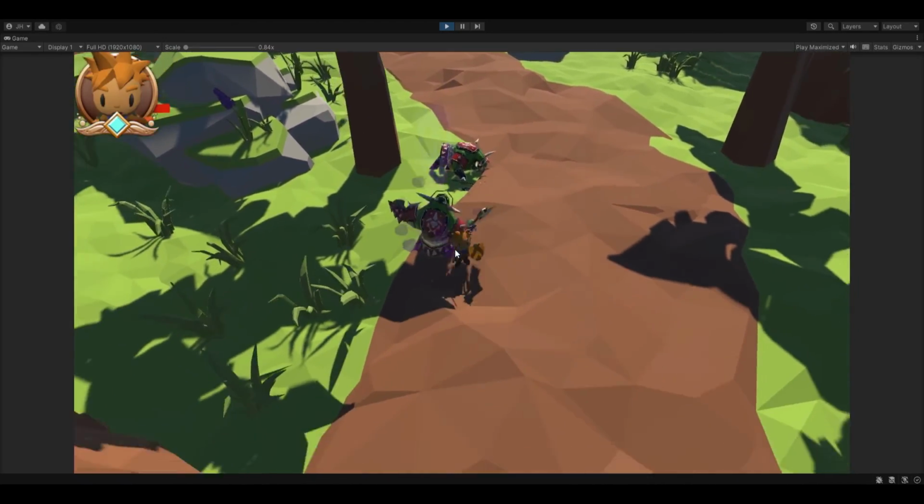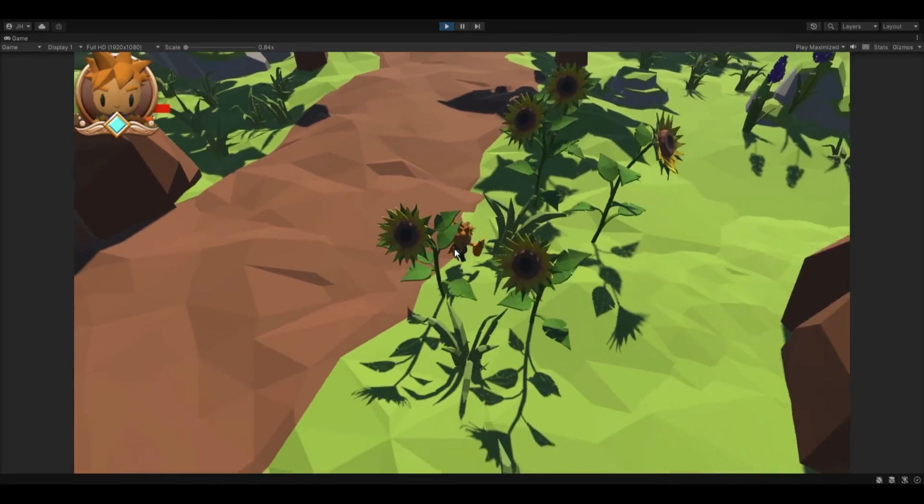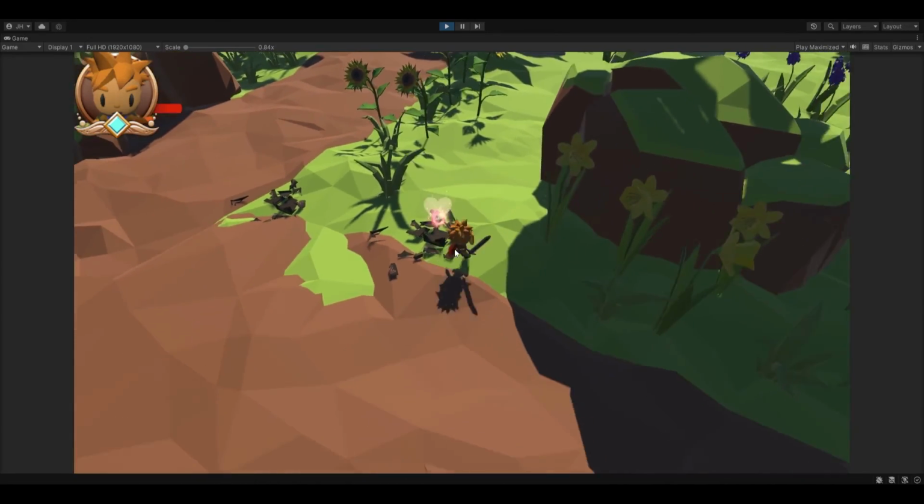Also, if you want to check out this prototype, or whatever you want to call it, I'm going to upload it to itch.io. Link will be in the